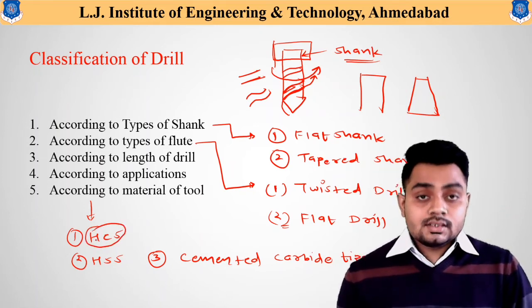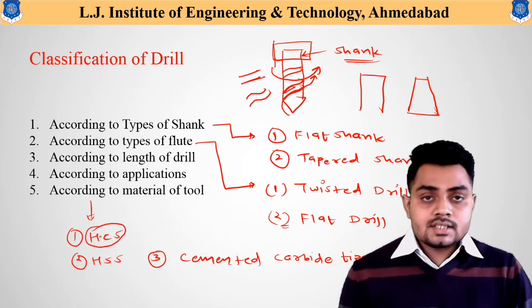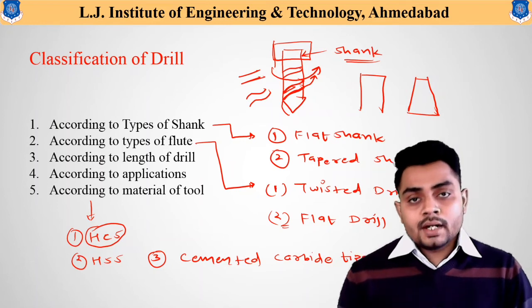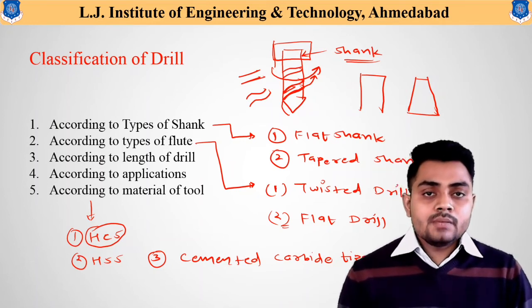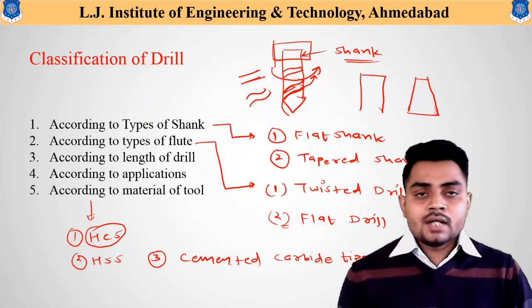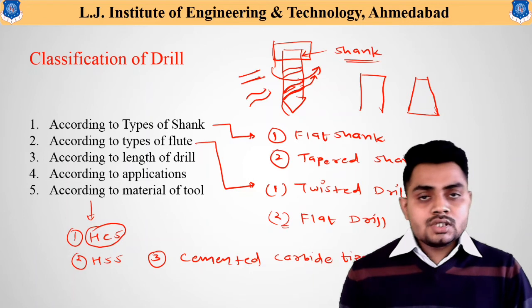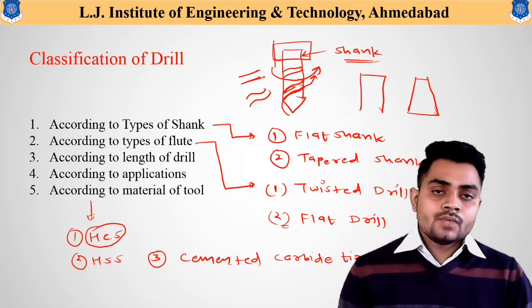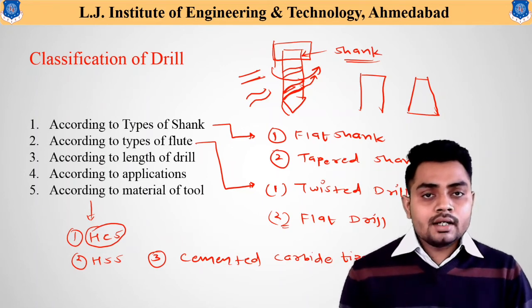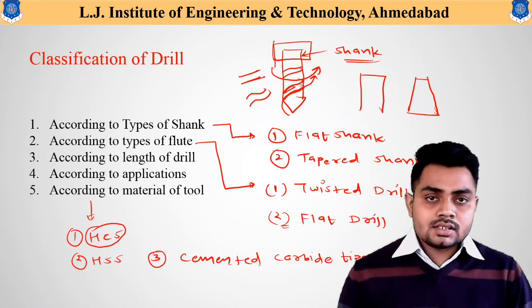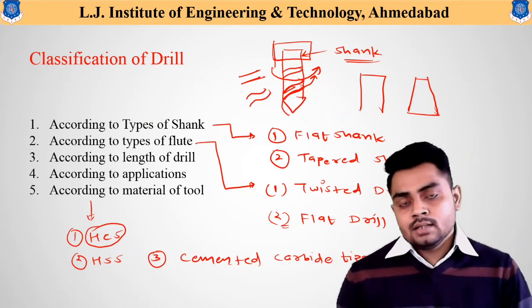Based on whether the material is ductile or harder, or what the hardness of the material is, different drill bits need to be selected. And always keep in mind that the hardness of the drill bit used is always more than the hardness of the workpiece that we are machining. So according to the material of the drill tool, that is also divided. So these are the 5 major classifications of the drill bit available in the market.